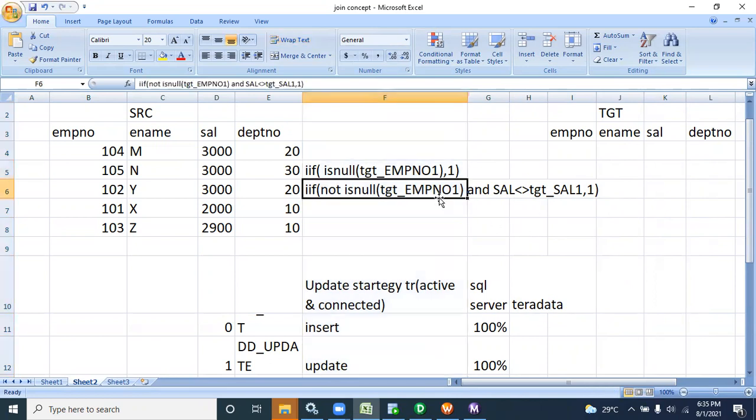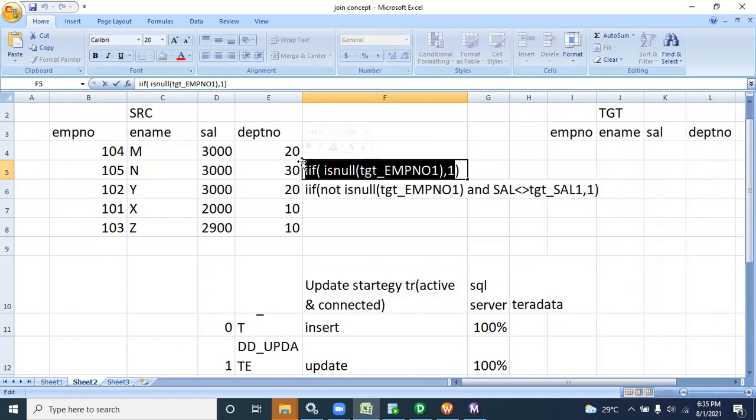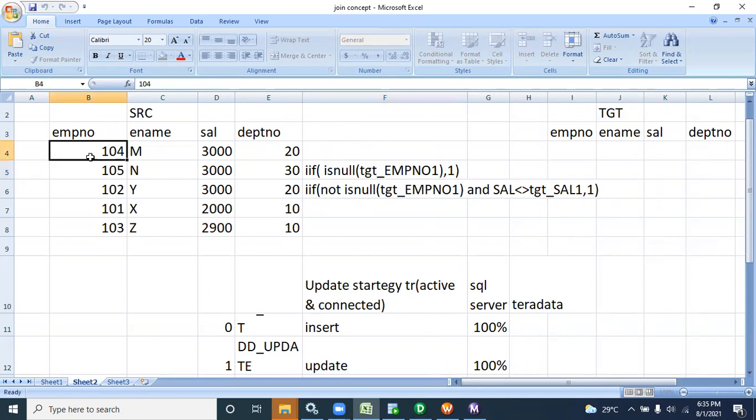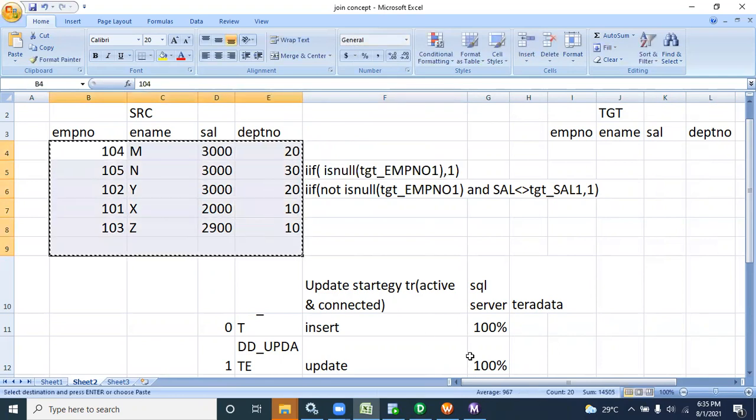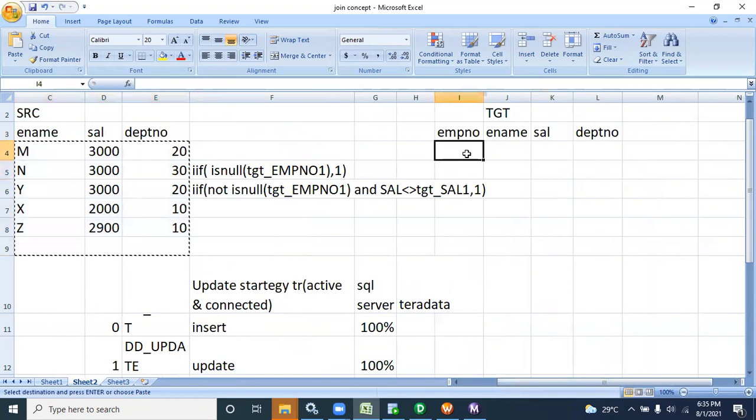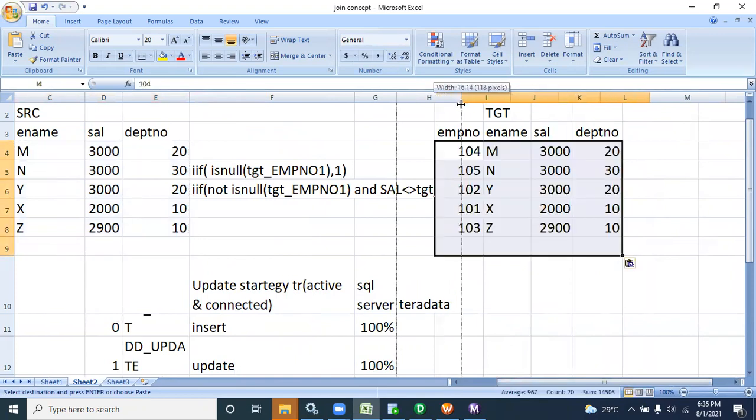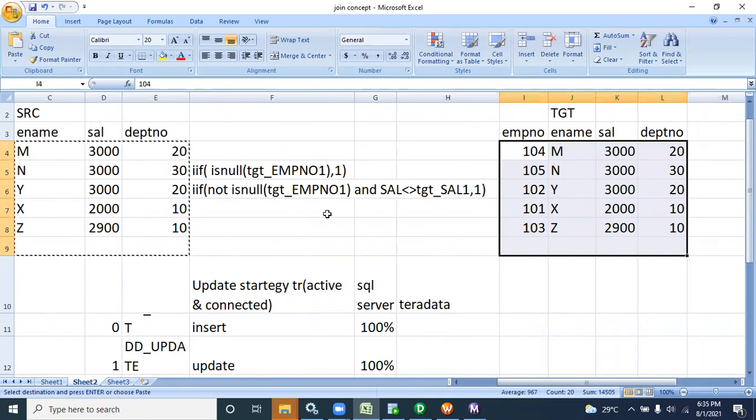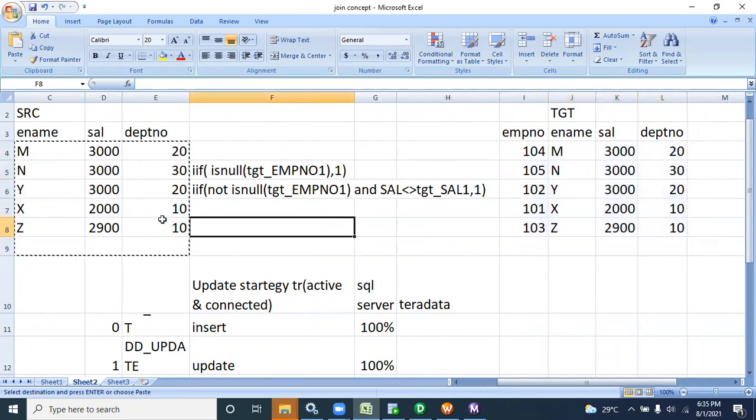So applying if is null, then inserting a record. That means this is the insert flow, simple and straightforward. If it is null of target employee number, that means the employee number does not exist in the target, so it is coming from a new employee. Suppose after 1 year you get a hike. First time you inserted this record, and once inserted, the second time